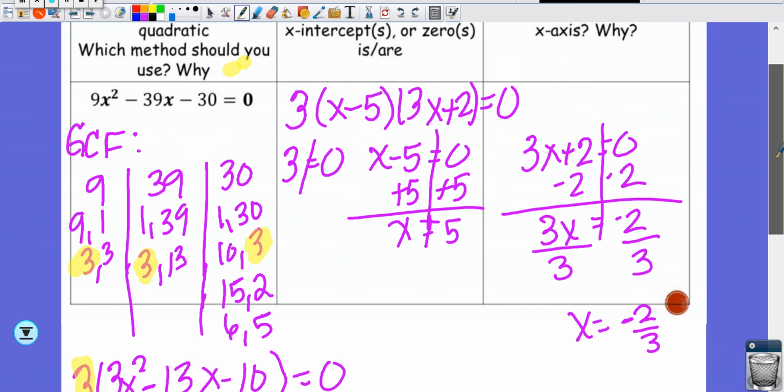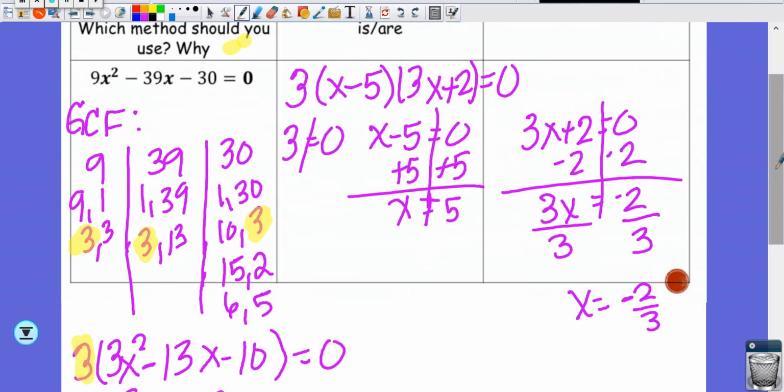I found a way to find the answers. Okay, and then you guys might pick it up. I'm not going to tell you. You might be able to figure this out on your own. There's a quicker way. All right, so we get the x-intercepts for this question, after we've done all that work,